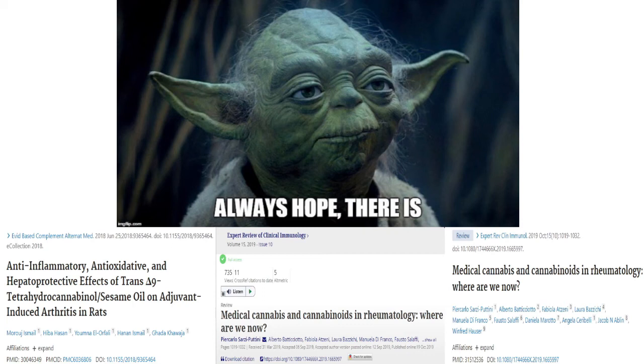While there isn't an exhaustive list of randomized controlled trials, there is still enough data for us to understand there is a potential for THC to be an effective and safe medication for many rheumatologic diseases through its anti-inflammatory mechanisms of action. So I'm going to be going over a couple of studies, specific cases that had indications and points to be hopeful for, that THC could be indicated for anti-inflammatory diseases.